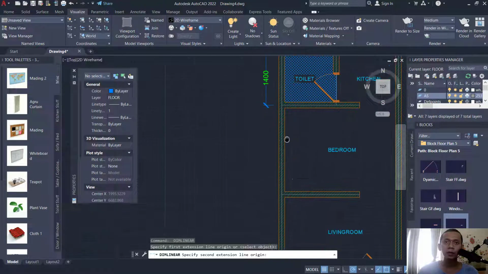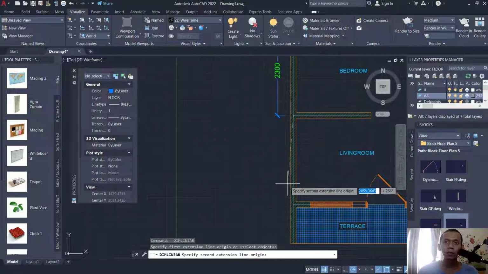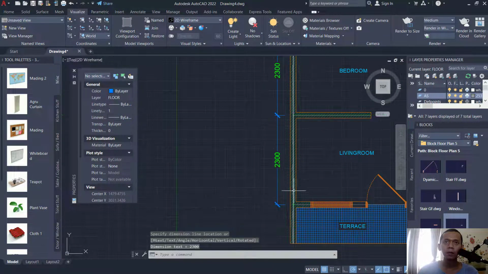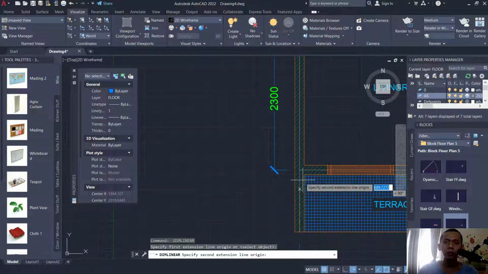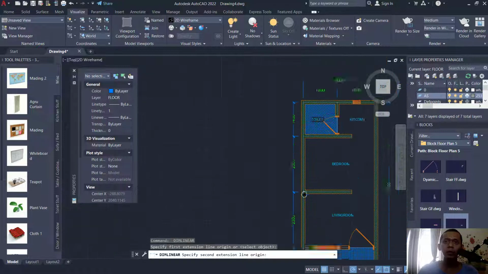Okay, the next at this point. Okay, the last from this point into here, and corner point into corner point.